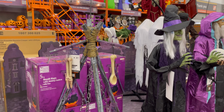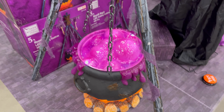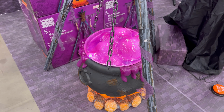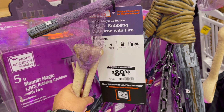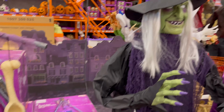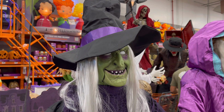All right, so over here on this side, they have a cauldron, which looks awesome. It's got the bubbling ooze, and that one is $89.98. So right next to the cauldron, of course, the Wicked Witch. Let's see if she...